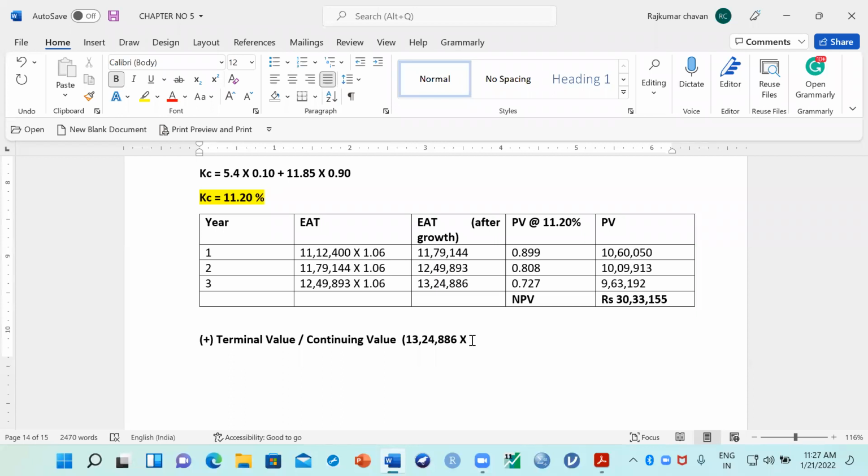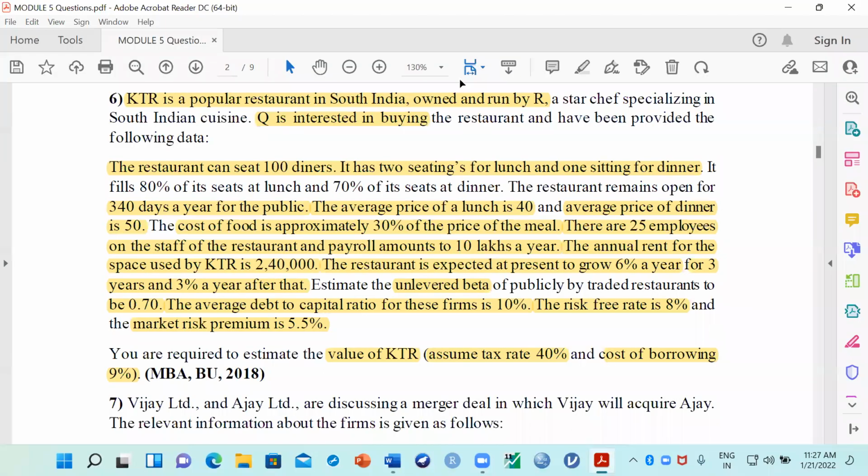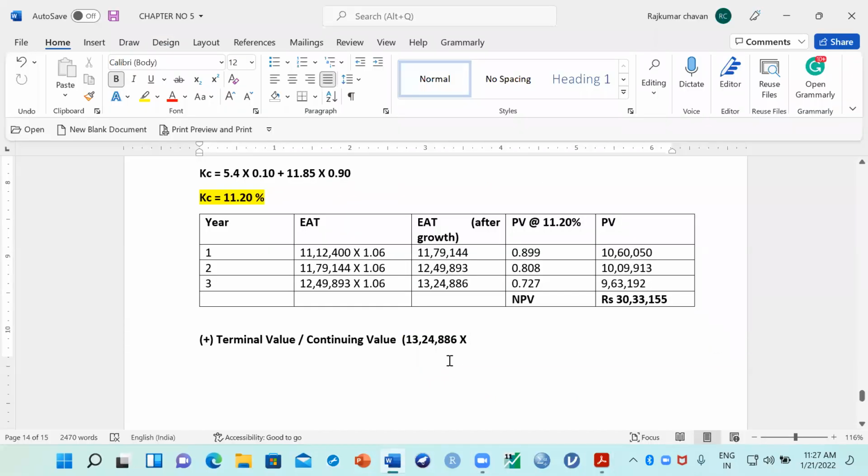Okay. I got a few answers. Do you want me to show the question? The company after 3 years will grow at what rate? Hello? It will grow after 3 years at the rate of 3%. So now 3% means how much will it be? Into 1.03